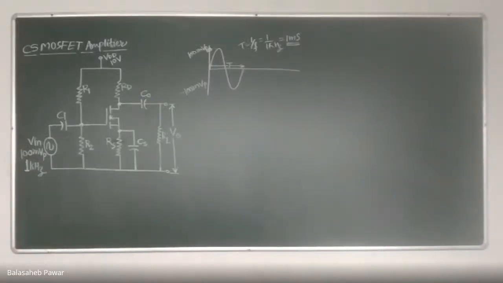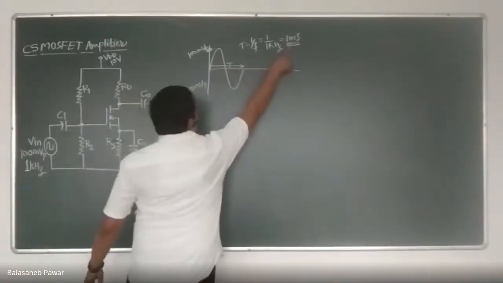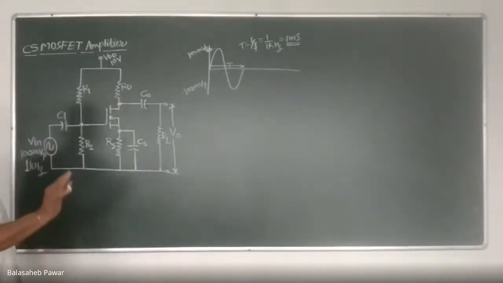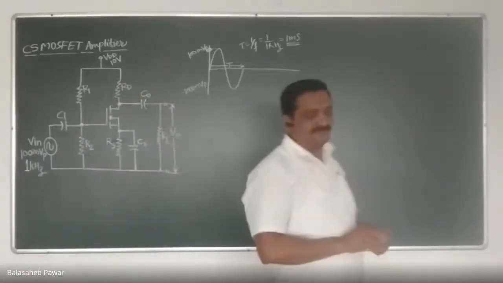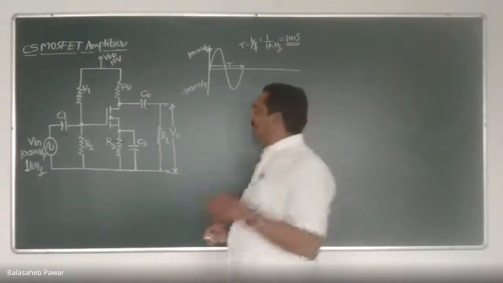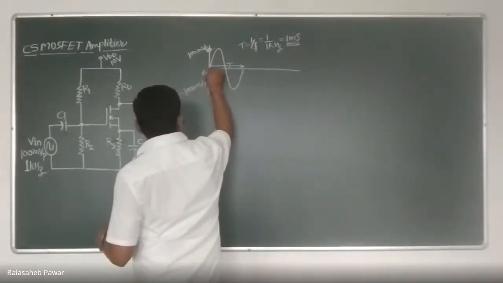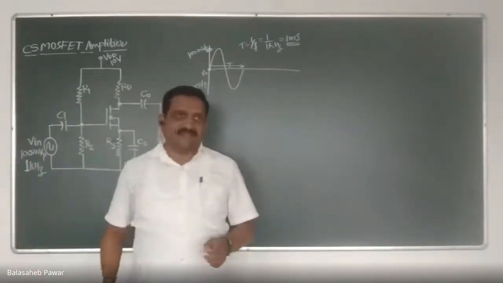Yes, sir. So that input signal is considered as a 100 millivolt peak signal with 1 kilohertz. That means that signal will complete its one cycle within 1 millisecond. That is the meaning, right? Okay. Now I will ask a few questions. Suppose my input signal is at zero potential. We can call it T0. Suppose that is at origin. That input signal has the amplitude of 0 volt, right?